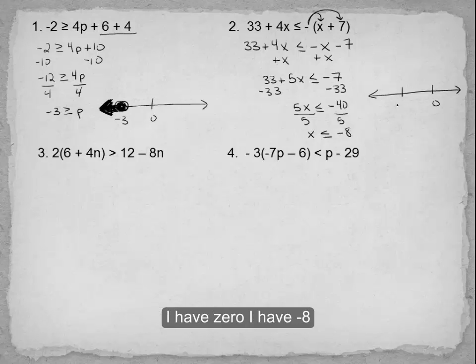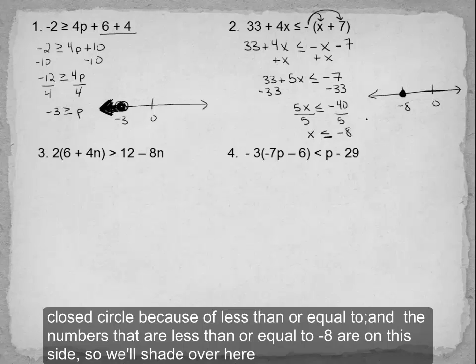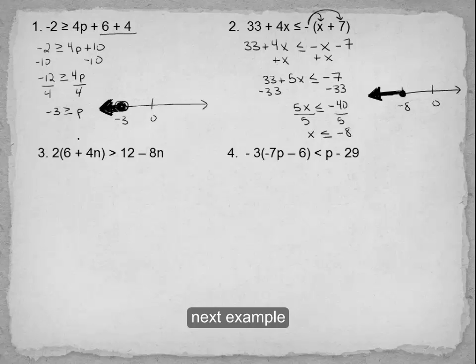I have 0, I have -8. Closed circle because of less than or equal to, and the numbers that are less than or equal to -8 are on this side, so we'll shade over here. Next example